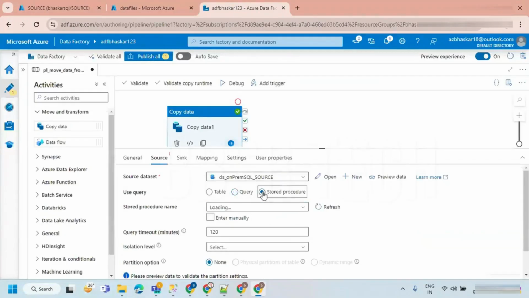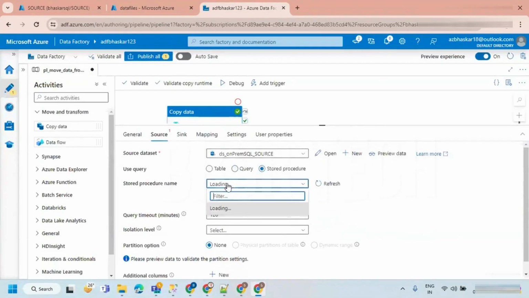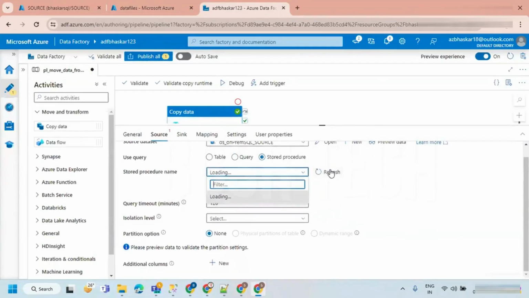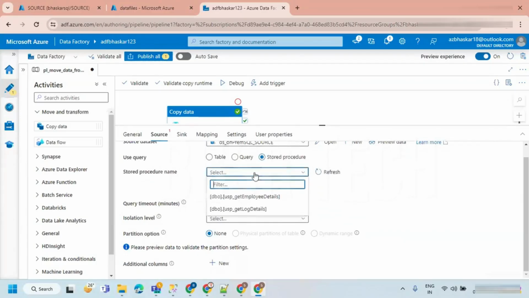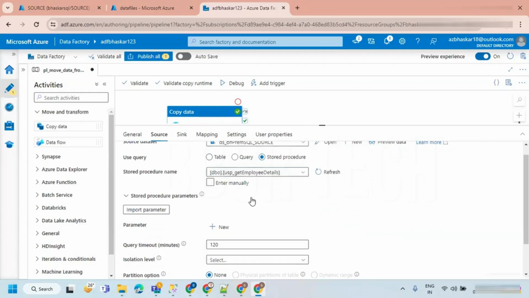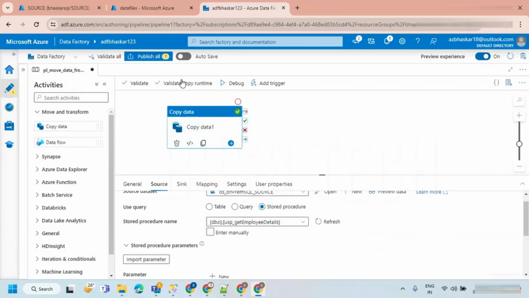So this time I'm going to take the stored procedure option. In the stored procedure, it is going to ask you to select the stored procedure. Let's refresh this. Let's go for the drop down. You can see get employee details and publishes. So the stored procedure option is used to call the stored procedure, and the other is query. These two are the ones used in real time, but I didn't come across the table option, because it is going to take only a specific table. So these two are the recommended ones in real time.